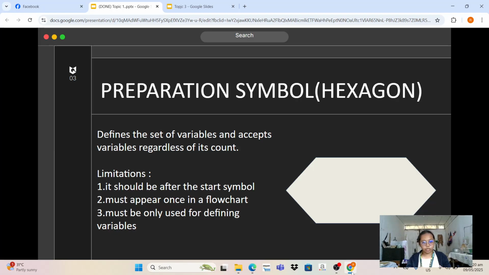So ang sulod ani nga preparation symbol is mga variables ra gyud ana like A is equals to B, A is equals to 5, B is equals to this amount and then dapat ikaisa ra siya kay dapat diri sa sulod sa hexagon nimo ibutang tanan nimo variables nga magamit nimo ana kay mao man ang purpose